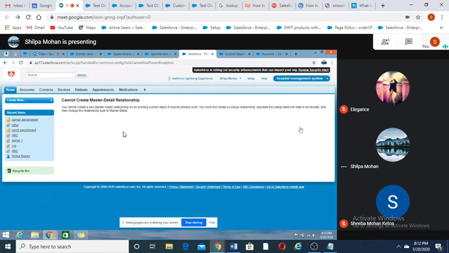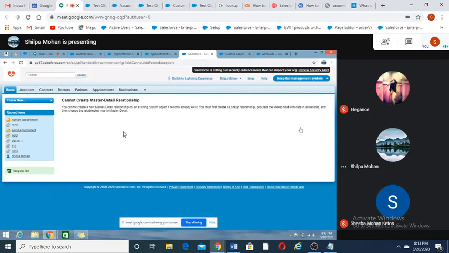So why should Rahul be present in Suman's appointment? It's because in master detail relationship, parent is mandatory. Parent should be present. If parent is not present, then we cannot create it. So in that case, doctor was the parent, and we removed Rahul, that is the doctor's record, from appointment. So that's the reason it's not creating.